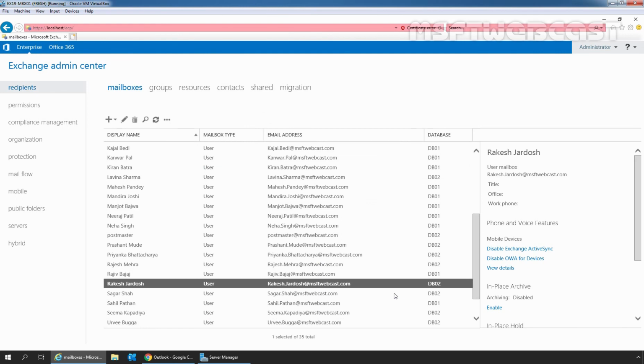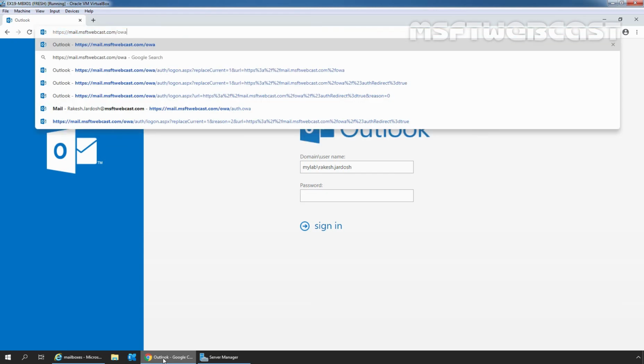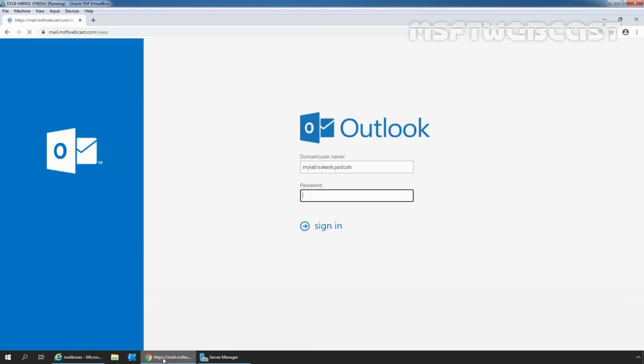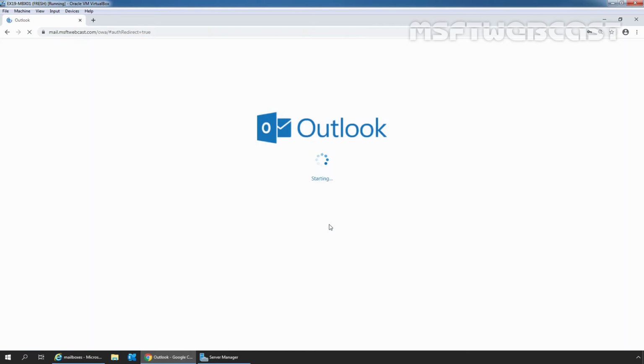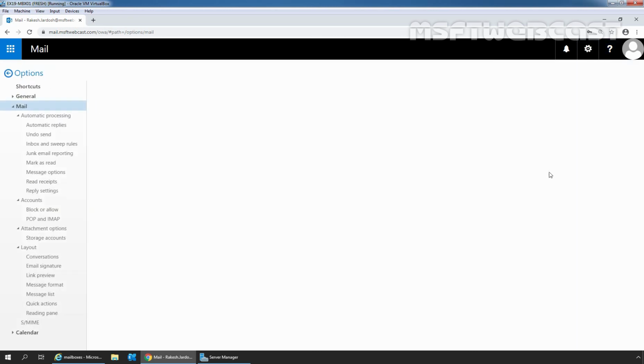Perfect. Now to test this, let's again go to Google Chrome and type in the URL https://mail.msftwebcast.com/owa and press Enter to access Outlook on the web. Let's sign in as the user Rakesh Jardos. Let's again click on the gear icon and click on Options.